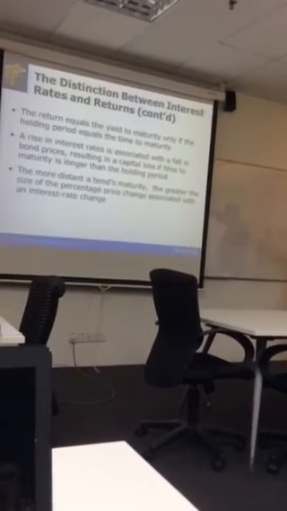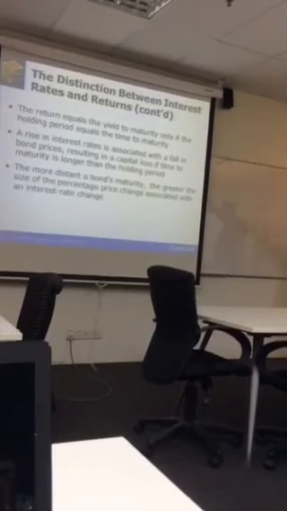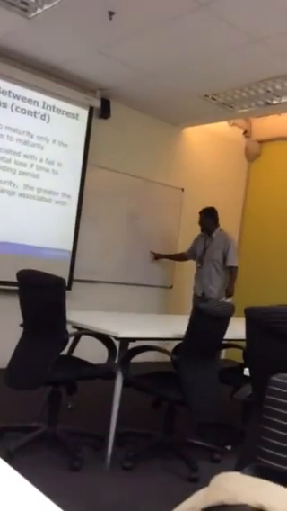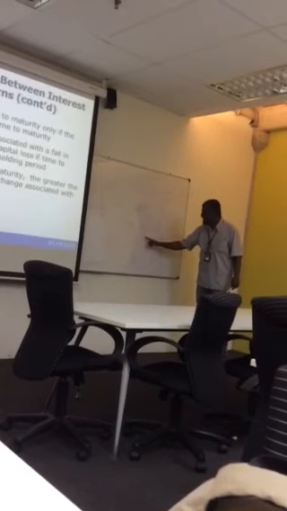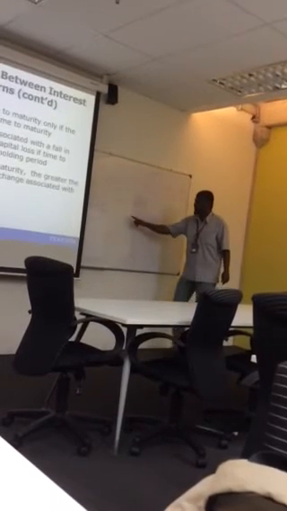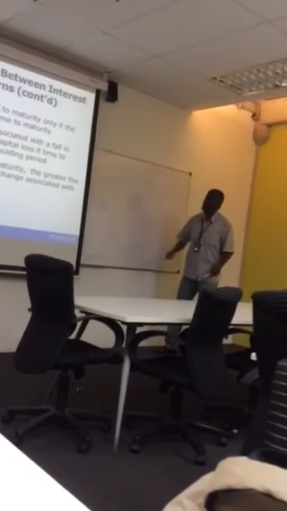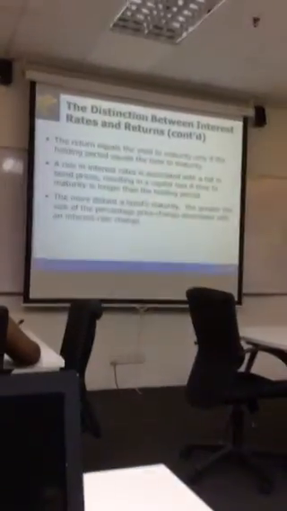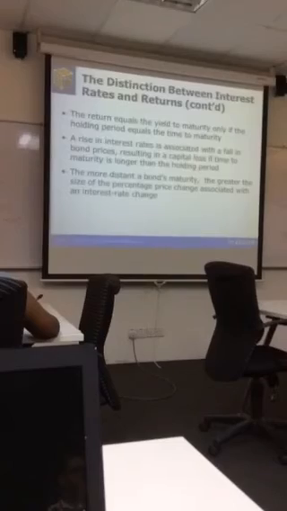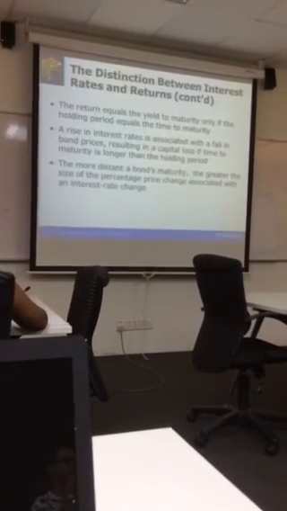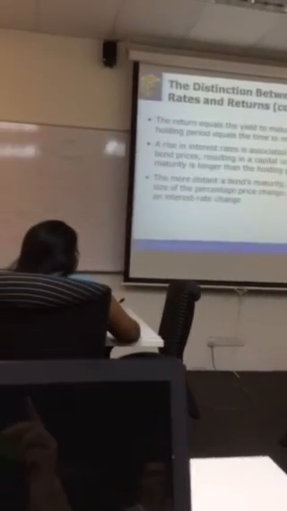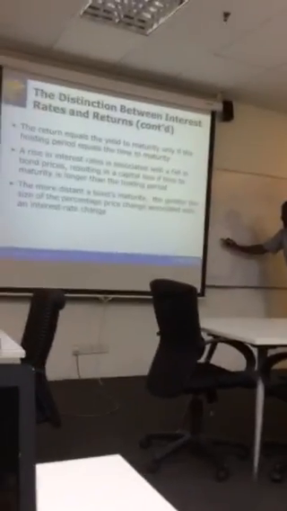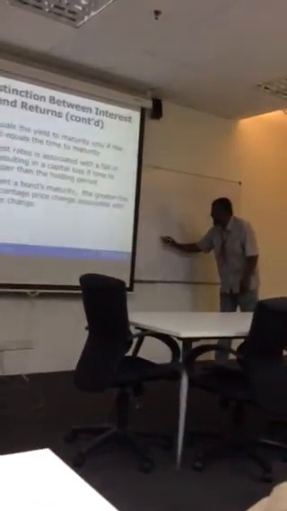A rise in the interest rate is associated with a fall in the bond price. Remember I showed you earlier, if the interest rate increases, the bond price will decrease, resulting in capital loss if the time to maturity is longer than the holding period. That means, if you buy a bond in the year 2000, it matures in the year 2025,